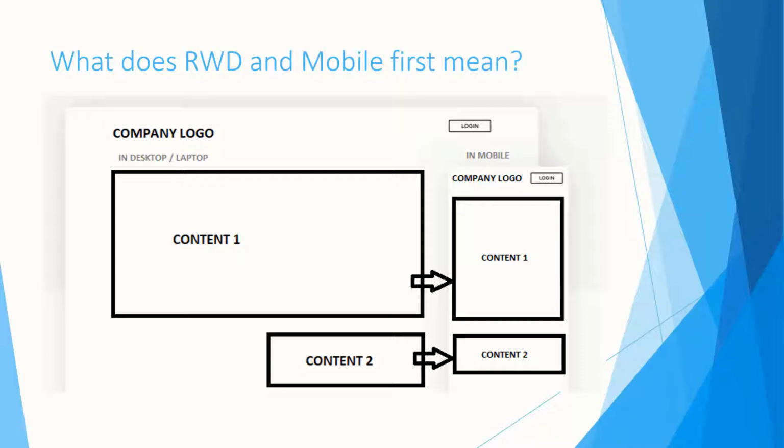Responsive web design (RWD) is a web development approach that creates dynamic changes to the appearance of a website, depending on the screen size and orientation of the device being used to view it. Mobile first is a strategy in which we optimize code for mobile devices first and then scale up the UI